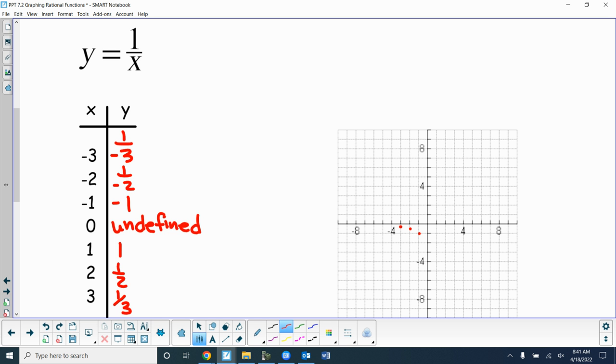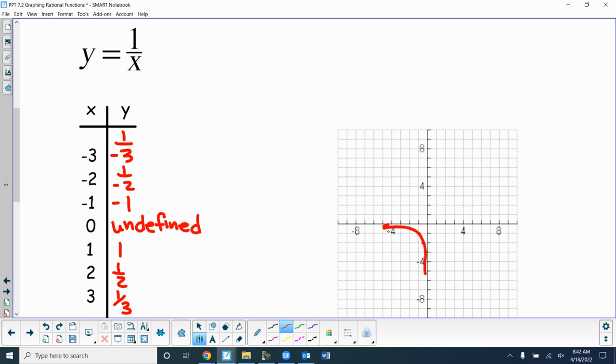If I put a half in there, what's 1 divided by 1/2? When I'm dividing by a fraction, it's like multiplying by its reciprocal. So 1 divided by 1/2 is like 1 times 2. So if it's negative 1, it would be negative 2, right? So negative a half would be negative 2. Negative a third will be negative 3. Okay? So what this graph here looks like,